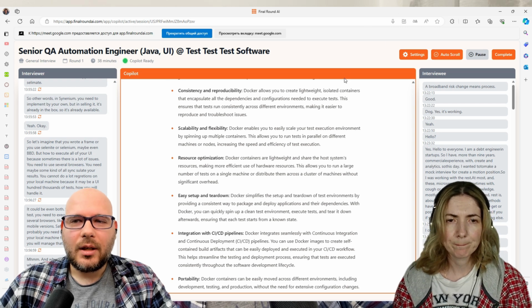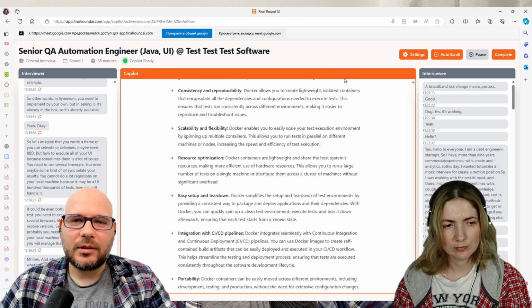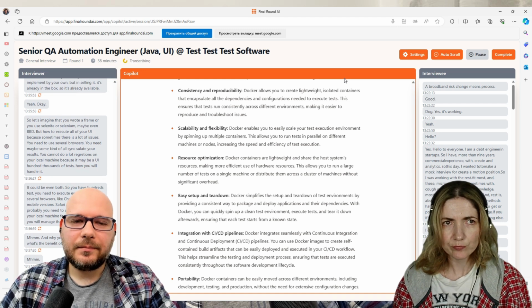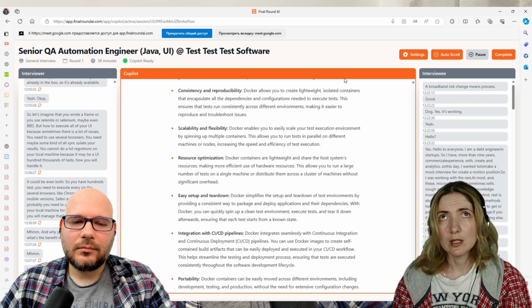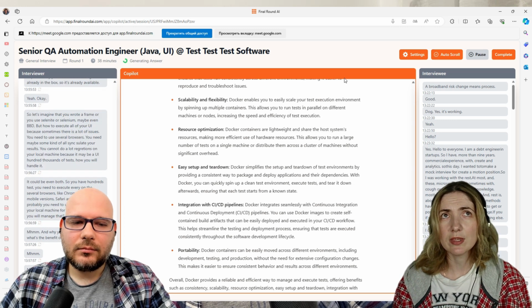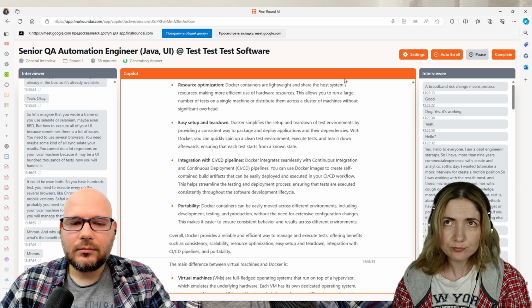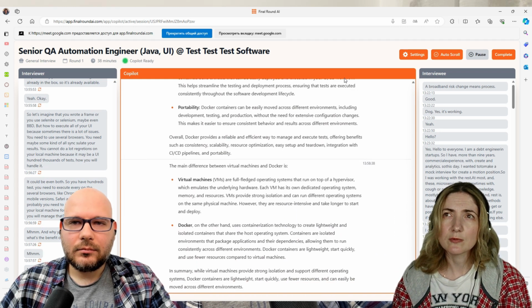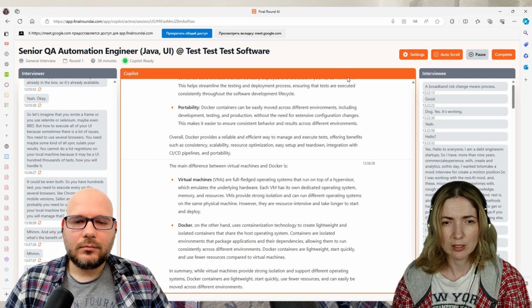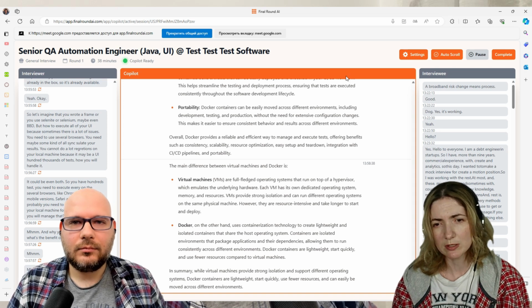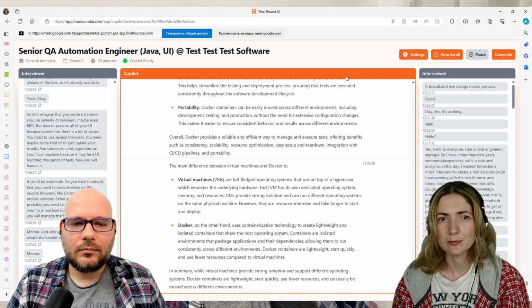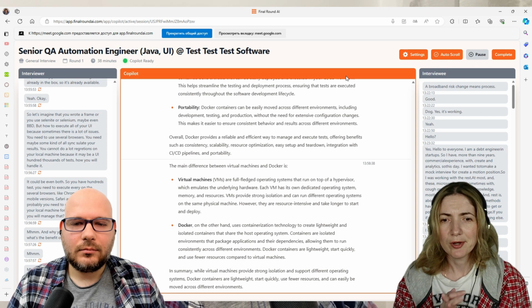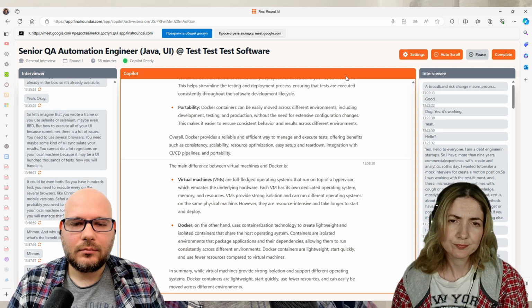Mm-hmm. And do you know the main difference between virtual machines and Docker? The main difference, I think, is that Docker has only the components that you really need, unlike virtual machines that will have all the infrastructure.